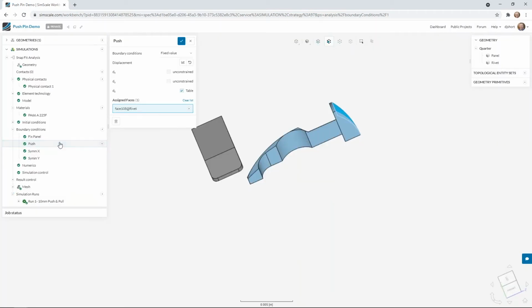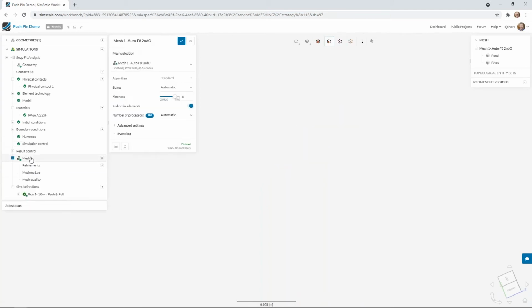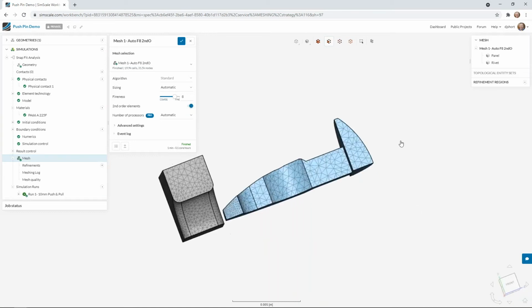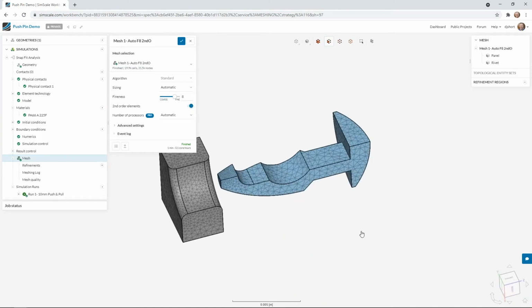Okay, and that's really all there is to it. We've got our boundary conditions, we've set the nonlinear physics for our problem, and then we're using SimScale smart defaults for the solver settings and simulation control, and then we just need to be thinking about the mesh that we actually want to use. I've used a purely automatic mesh with fineness set to 8, and I've applied second order elements to the structure, which is going to be crucial for actually capturing